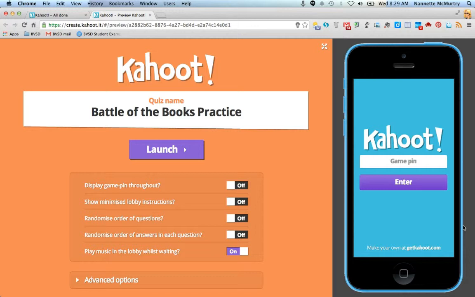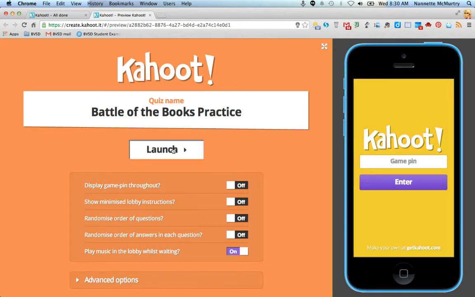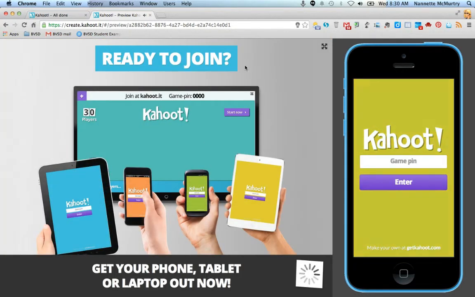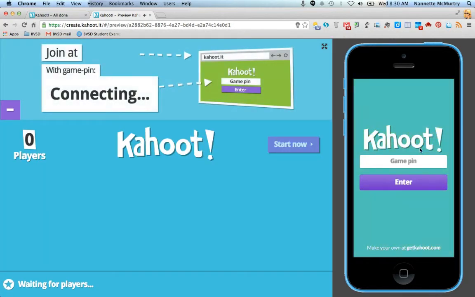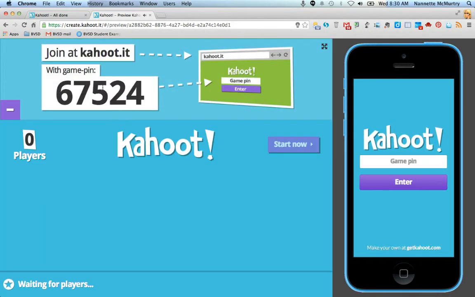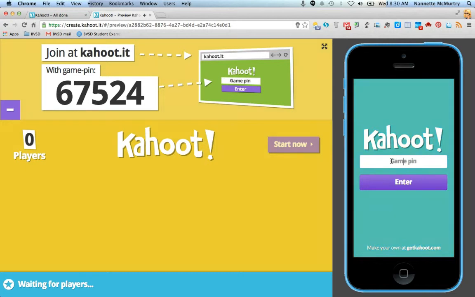So then over here on the computer screen side, I get to see the launch of the quiz. I have a couple options like play music in the lobby while waiting, show minimized instructions. These are all things that we can talk about once we have built the quizzes. So I'm just going to click launch, and this is what the computer screen would look like, and the phone is what the user screen would look like. You'll notice it has a game pin, 67524. And I can type that over here into my phone,